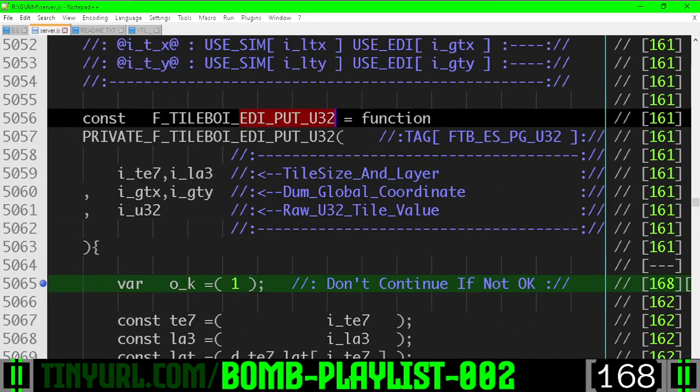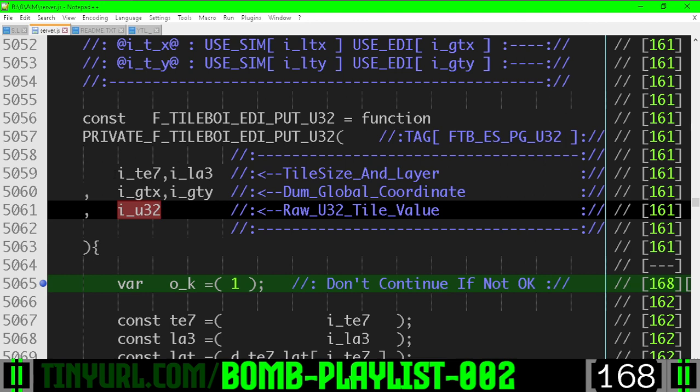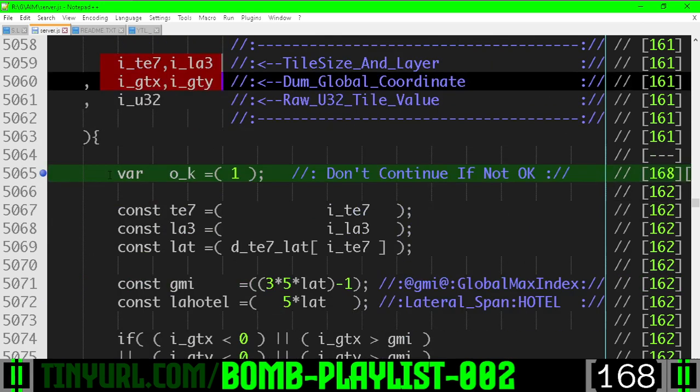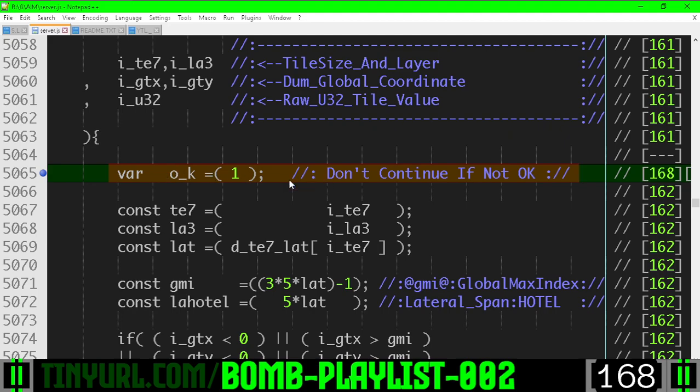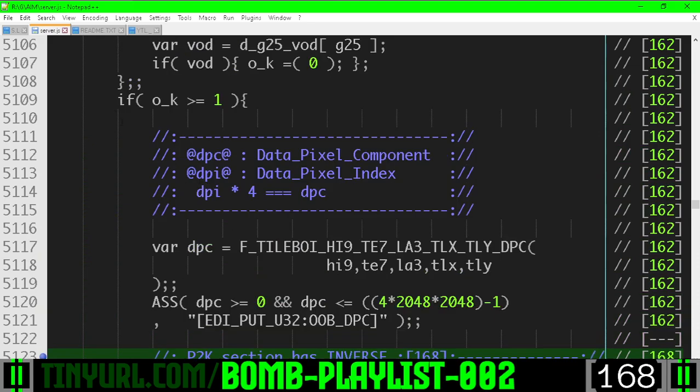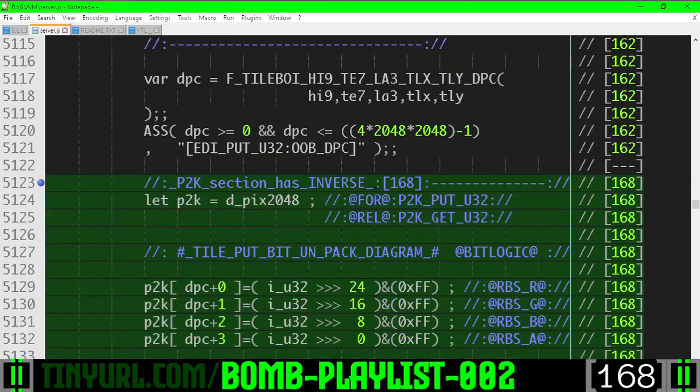If we want to put a U32, we need to input that U32 with the coordinates that we want to pack it into our pixel array. We're not going to continue with the logic if this ends up being false, and if everything ends up being okay by the time we get down to here, so everything's okay by the end of the function, we are going to